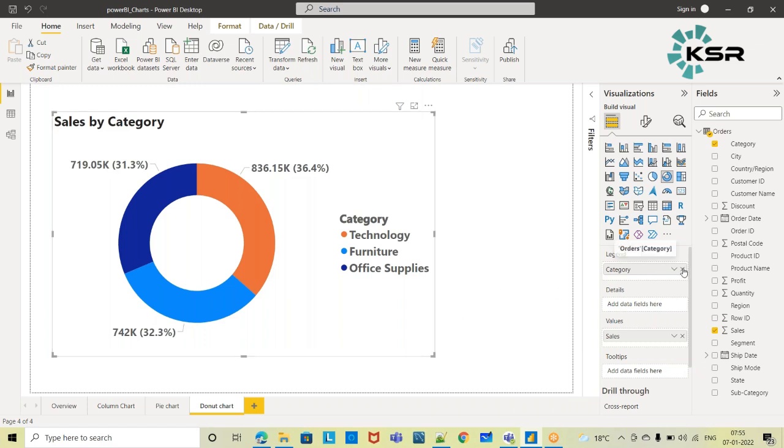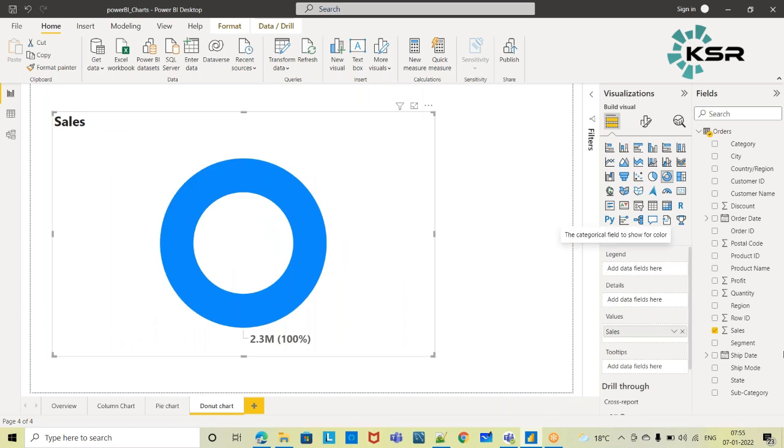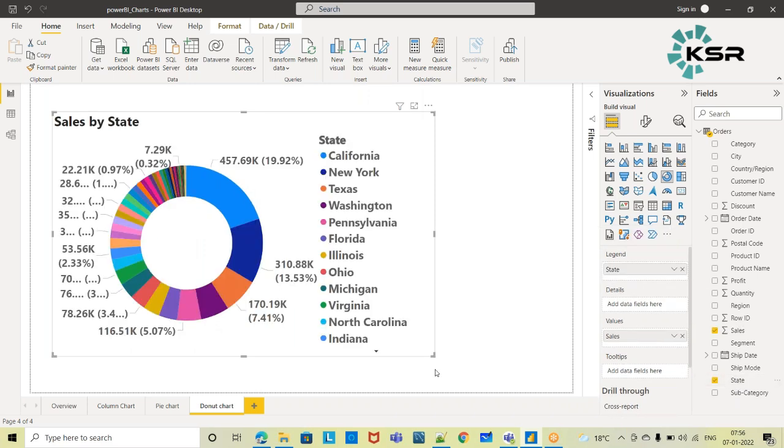Now let's add a categorical value which has more levels. Okay, let's take State. State has more values, right? 49 states. So same thing, whatever we have seen previously in the pie chart, right? Same thing when we have more categorical values in this field, then it goes haywire.